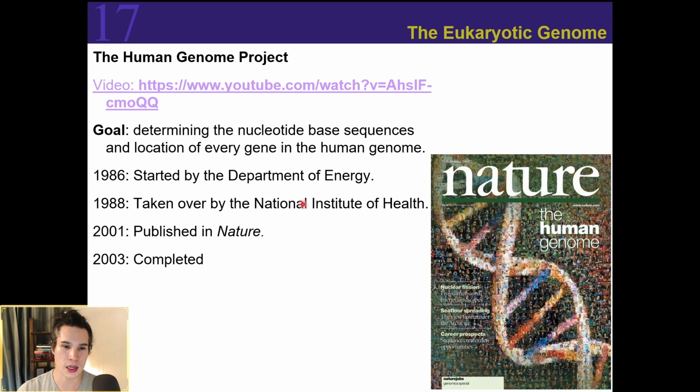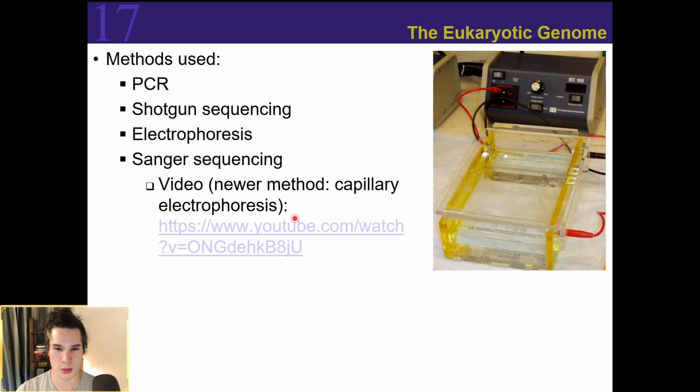So it was started in the 80s by the Department of Energy and then eventually taken over by the National Institute of Health, or the NIH. And then in the early 2000s, it was eventually completed and published by Nature magazine, or Nature Journal. All right, so some of the methods that were used in the Human Genome Sequencing Project were PCR, shotgun sequencing, electrophoresis, and Sanger sequencing, which I've included a video on the newer method of Sanger sequencing, which